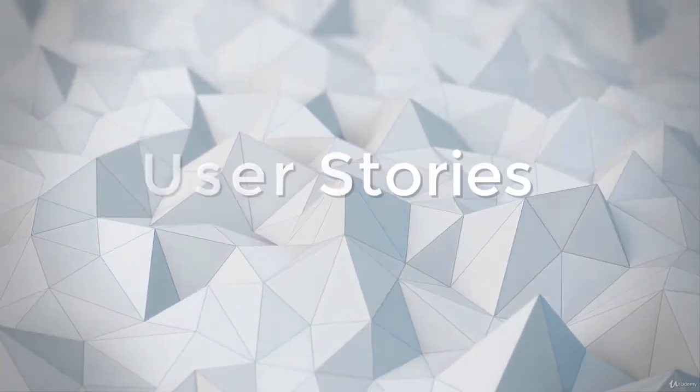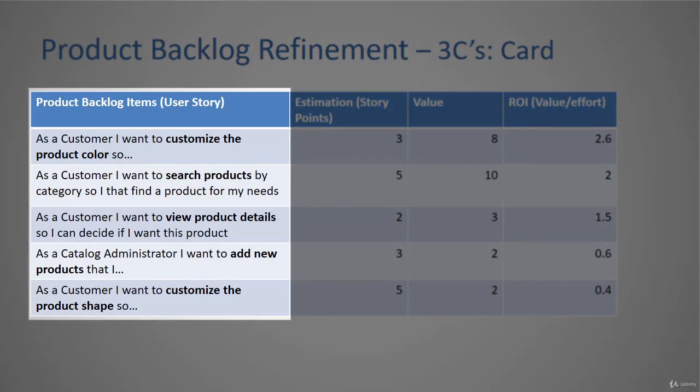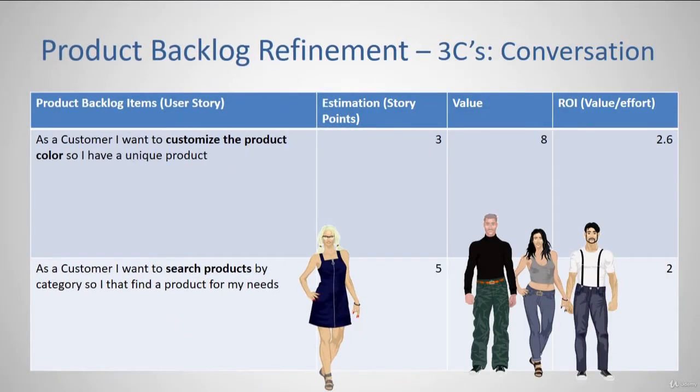Currently, the product backlog only contains cards, which are the description of the user stories with not much details. So before the development team can work on them, we need to go through a conversation to get a confirmation of what is expected and make the stories ready to be added into a new sprint backlog. The product owner thinks that the first 2 stories will probably be added to the next sprint, so she presents and explains them to the development team.